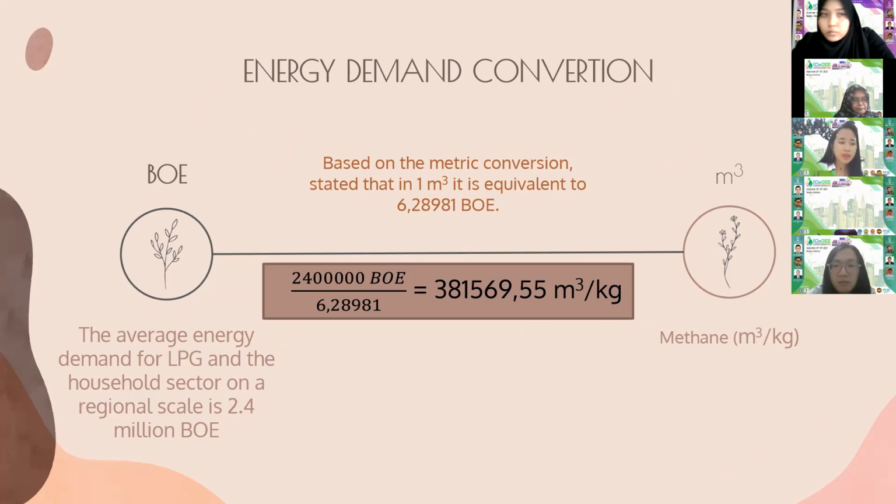First, we have to convert the average energy demand for LPG in the household sector on a regional scale, which is 2.4 million BOE, to methane, from BOE units to cubic meter units. Based on the metric conversion, in 1 cubic meter,